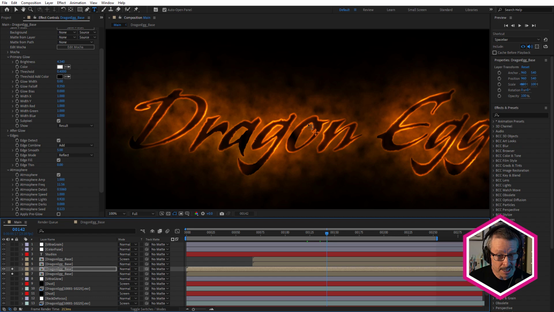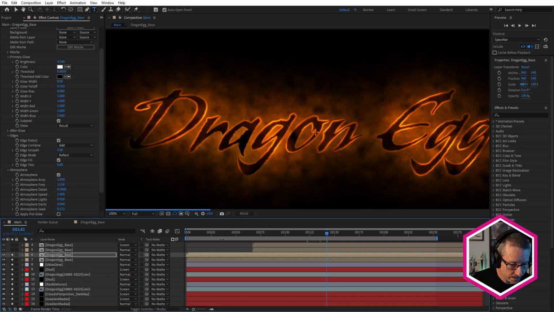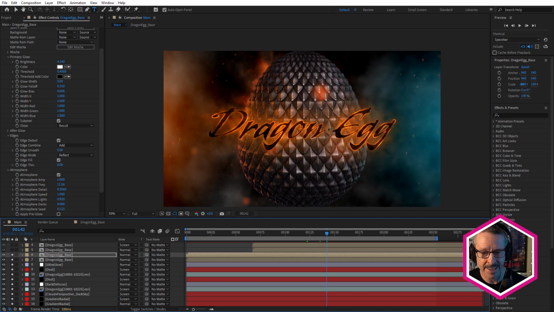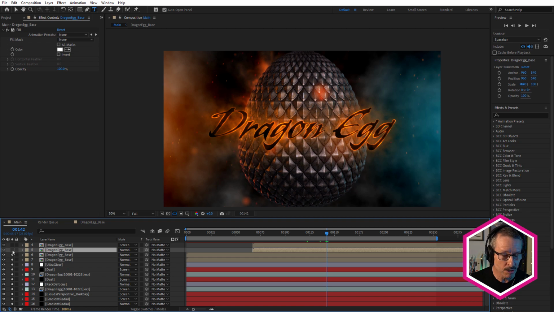And I actually really liked this. I thought this was starting to look really good. Let's just turn on these other layers. So we got that. And I think that's pretty readable. And I couldn't decide in the end whether I wanted to go with just that or I wanted to make it even more readable. So I ended up going for a slightly more readable look. And that's why I used a white layer.